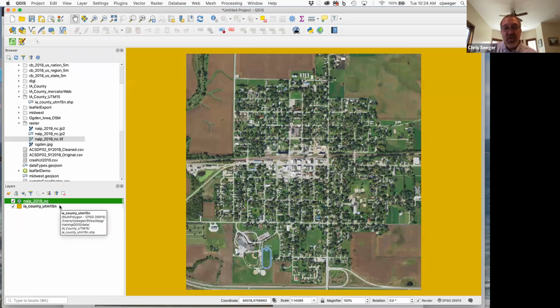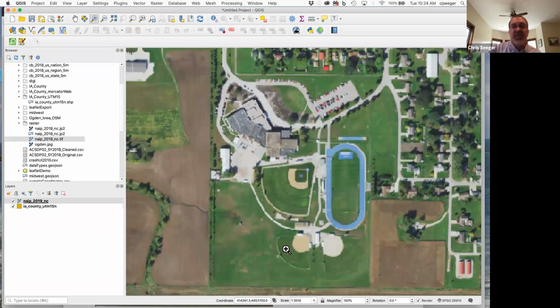So it zooms into Ogden, Iowa. And the area I'm going to be interested in is the high school and the playing fields actually down here. I'll talk about where this image came from in just a moment. Or actually, I think I'll save that till this afternoon when I bring in images. But I did bring it in off a website that's hosted at Iowa State. Okay, so there's the image that we have. And I want to see the OpenStreetMap data that's available for this location. And there's two different plugins that you can turn on in, well,